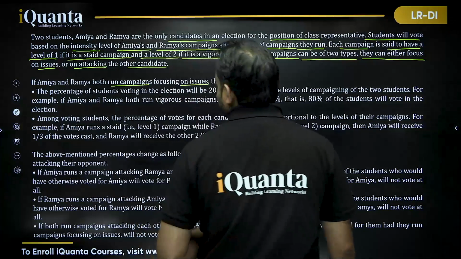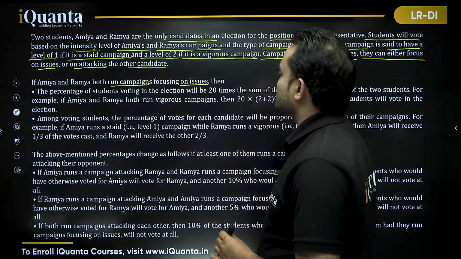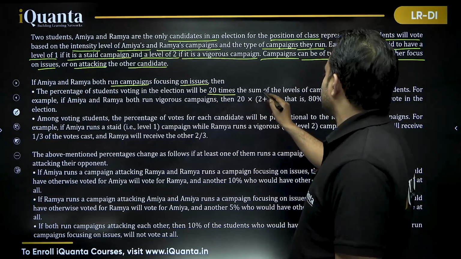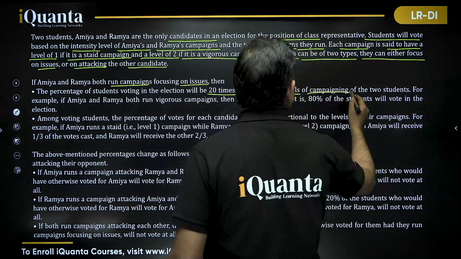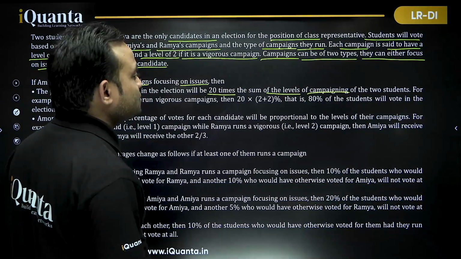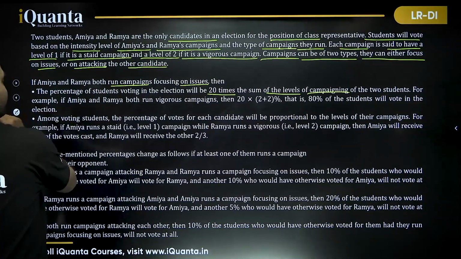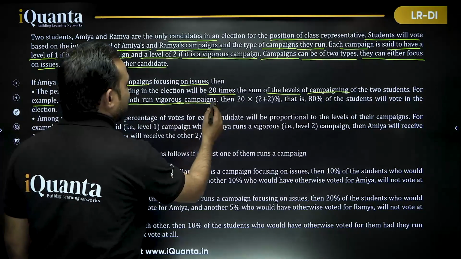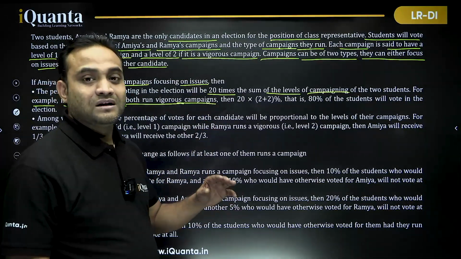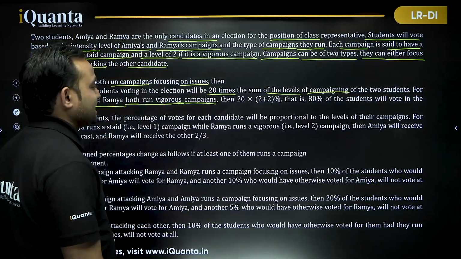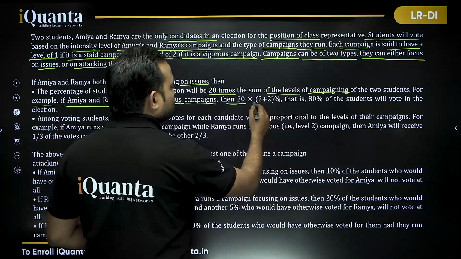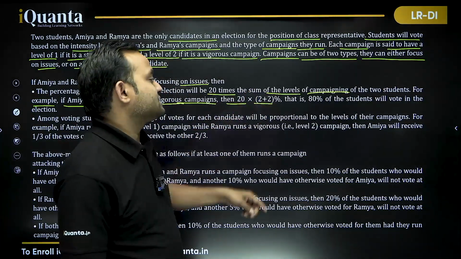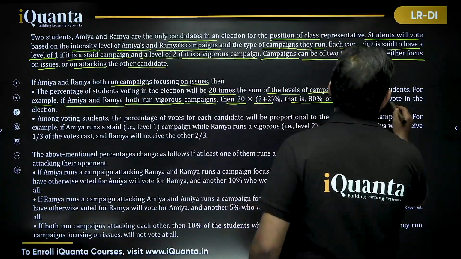What are the conditions? It says the percentage of students voting in the election will be 20 times the sum of levels of campaigning of the two students. For example, if Amia and Ramya both run vigorous campaigns, meaning level 2, then 20 into 2 plus 2, both of them level 2, so 2 plus 2 into 20, which is 80% of the students will vote in